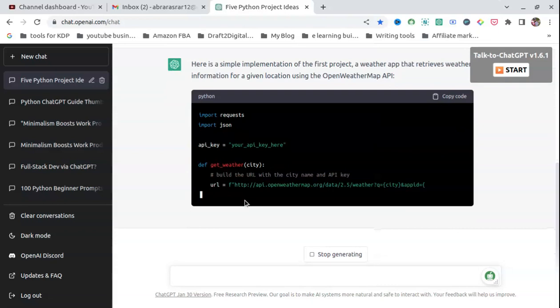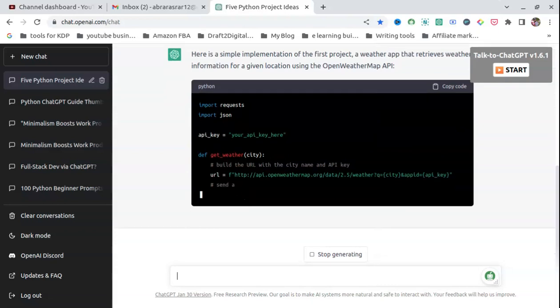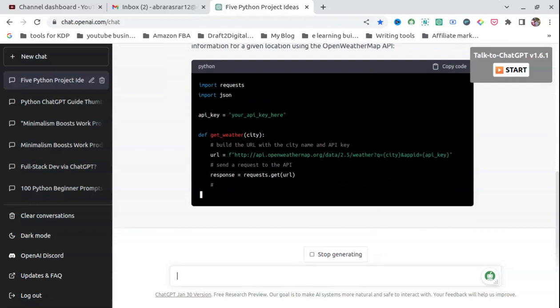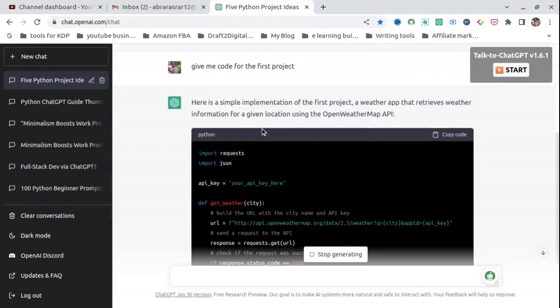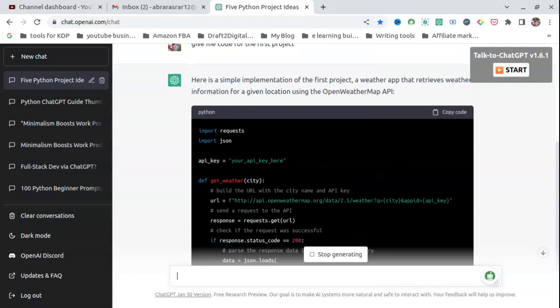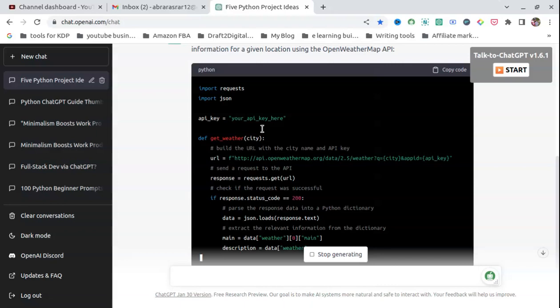Now, guys, one very important thing: traditionally, how we used to learn Python is to first learn all the basic concepts in Python, then start doing projects. But with ChatGPT, you can directly start with projects.